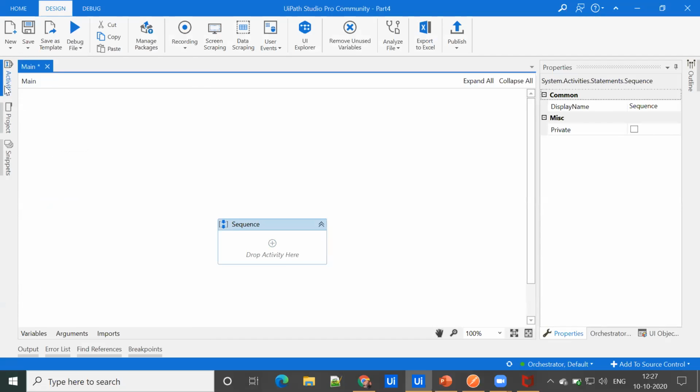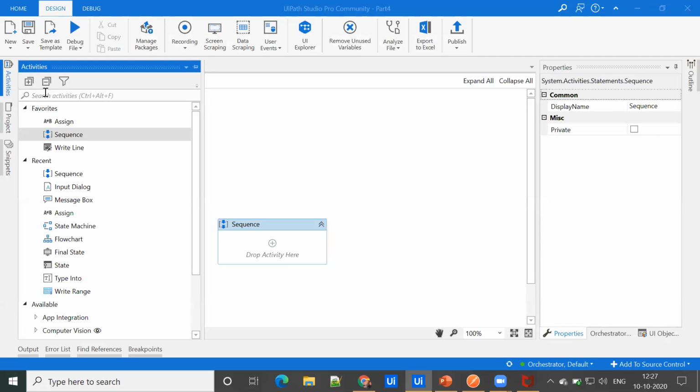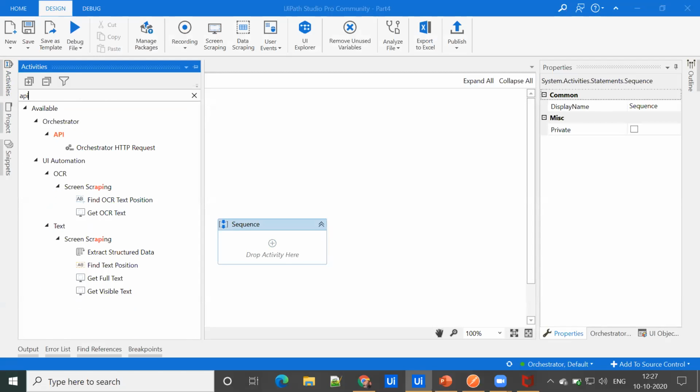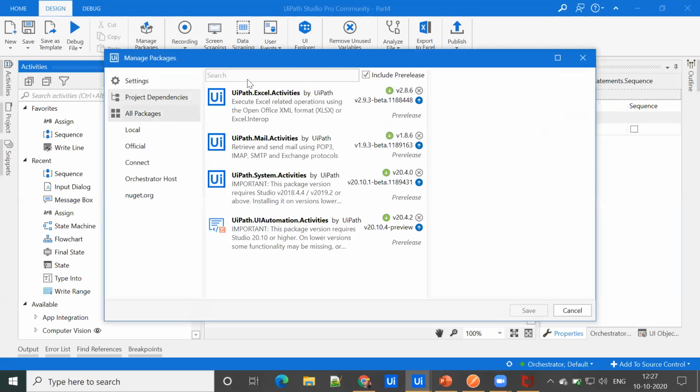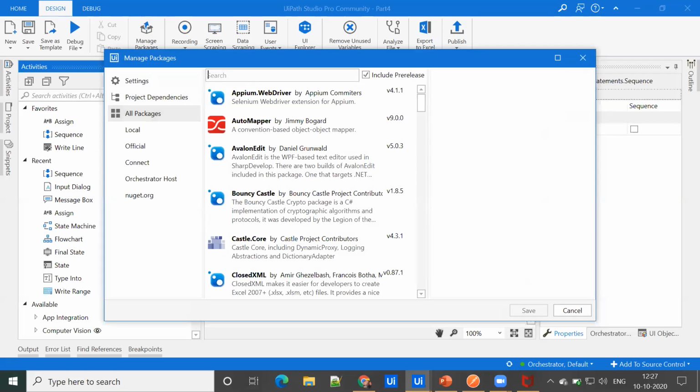And if we go to the activities panel, you can see that there are no activities for API. We can find only Orchestrator HTTP request. To get the activity set, you have to go to Manage Packages, go to All Packages and search web.activities.